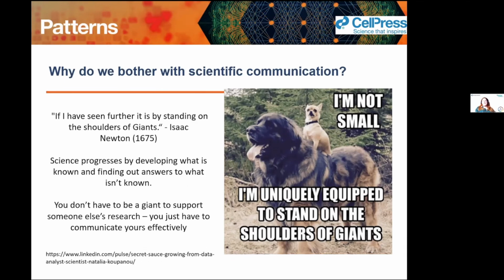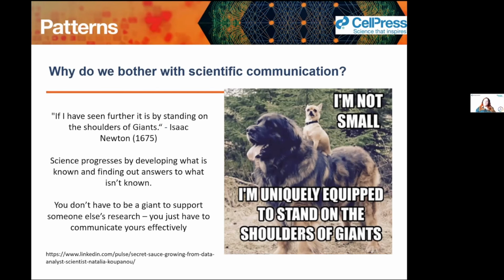the reason is, the entire premise of science is that we are working together to build on the work that other people have done. We are incrementally advancing the sum total of human knowledge. And there's the classic Isaac Newton quote, saying, if I've seen further, it's by standing on the shoulders of giants, which is very accurate and very true. But it's also important to remember that with scientific progress, you don't have to be a giant for somebody to stand on your shoulders and to see that little bit further.